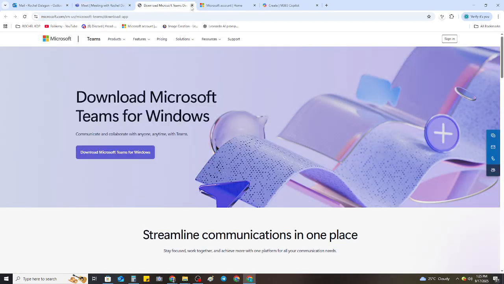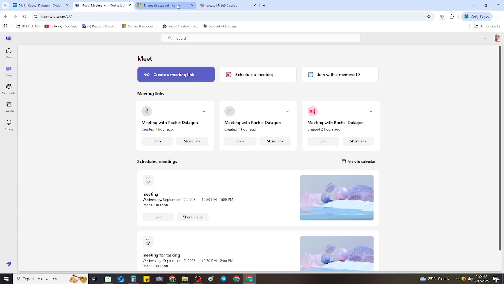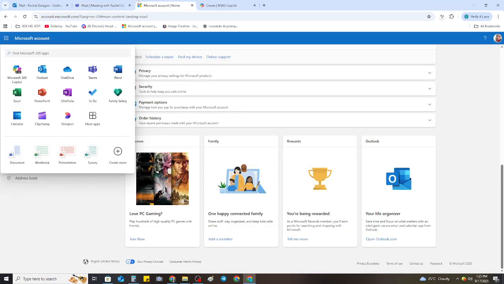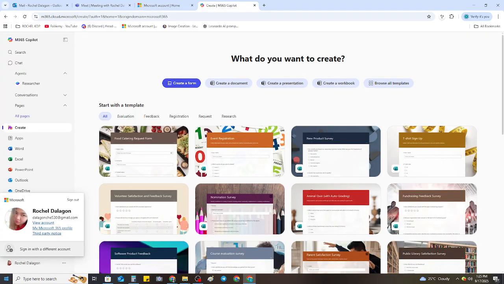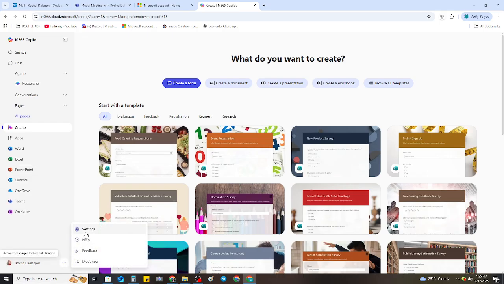First, you'll want to head over to your profile picture, which is usually located at the top right corner of your screen. Clicking on your profile picture will reveal a drop-down menu. Here, you'll want to select the Settings option. This will lead you to a new page where you can adjust a variety of options tailored to your needs